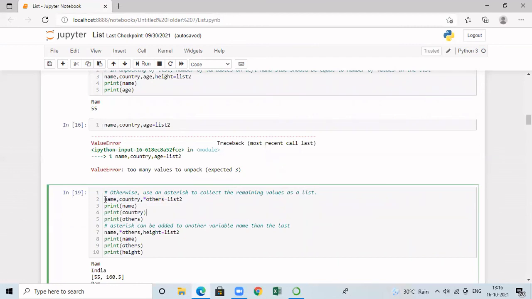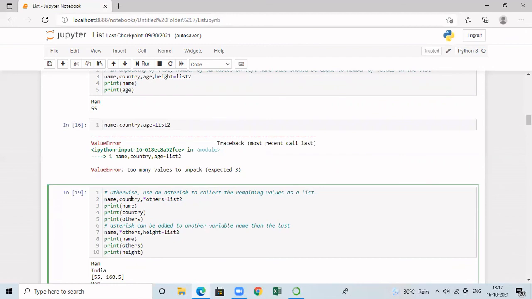The first variable is name, the second variable is country, and in the third variable I am specifying asterisk others. So what is going to happen by this method? In your list, irrespective of the number of elements, the first element will be assigned to name and the second element will be assigned to country. All the remaining elements in your list will be assigned to asterisk others.